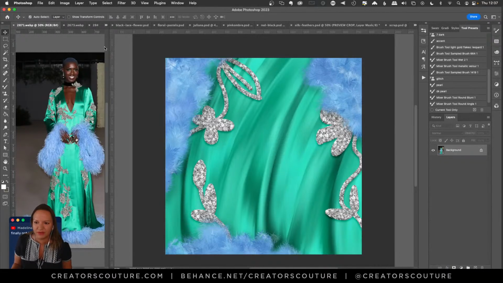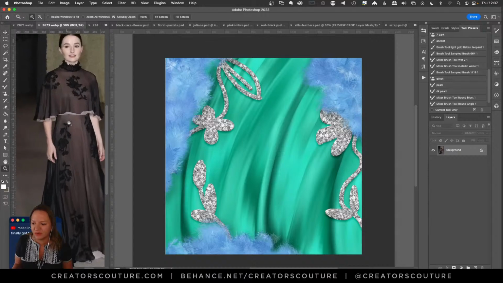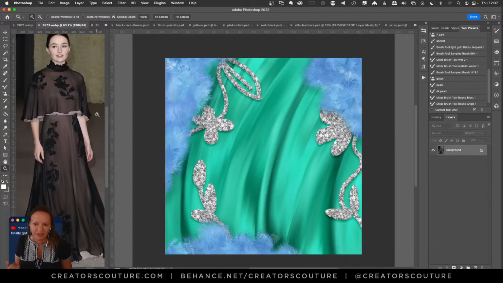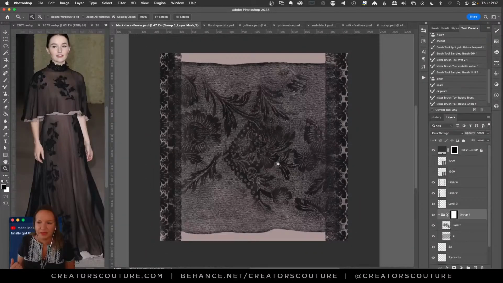So this was that look there. I'll go through some of them and show you what I started playing with. This one was a little bit minimalist, so I thought, how would I adapt that into a digital background? I played with some of my tulle brushes, some modern Renaissance brushes for the pattern. That's Tulle Couture. I wasn't worried about making it super literal, but about how I can get the vibe as easily as possible using the tools I already have. So I didn't worry that it's exactly the same.